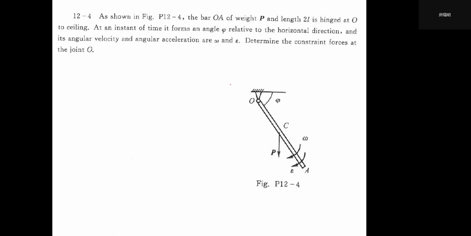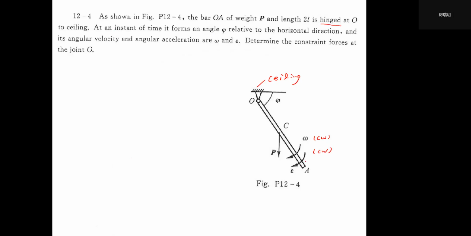As shown in this figure, the bar OA of weight P, this is weight P, and length 2L, is hinged at O to the ceiling. This is the hinge. At an instant of time, it forms an angle phi relative to the horizontal direction, and the omega is along the CW direction, maybe with the same direction of